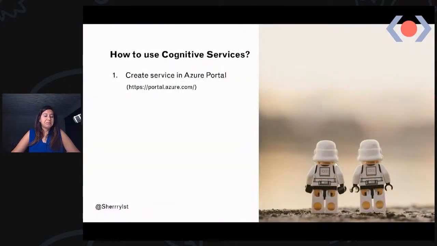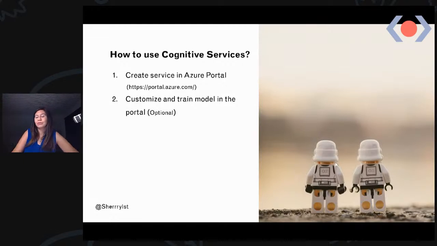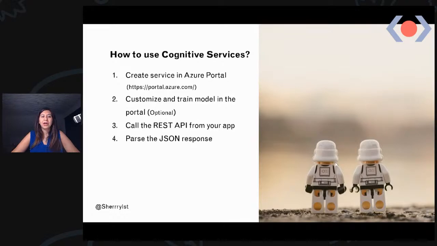So it's so simple to use. You just create your service on the Azure portal, and if you need to train your model extra to make it customized, you can do that, but I didn't do that. You call the REST API, and it brings you back the JSON.